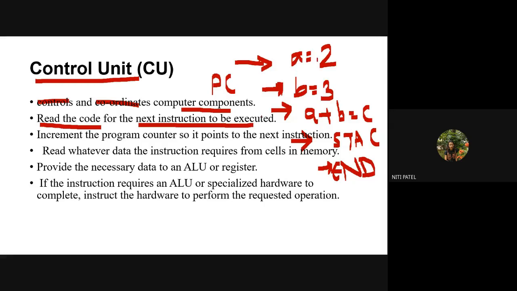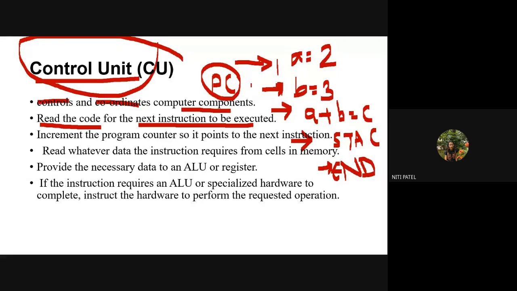So once this is started, it is going to read the next instruction and it will keep on continuing. The work of the program counter is also controlled by the control unit. It will increment the program counter so it points to the next instruction. Increment means, is my program counter incrementing? Yes. Initially it was at 1, then it got incremented to instruction 2, then to 3, then to 4, and then to 5. So that is what the program counter is. As soon as it reads, it increments. Read, increment, read, increment. Okay.